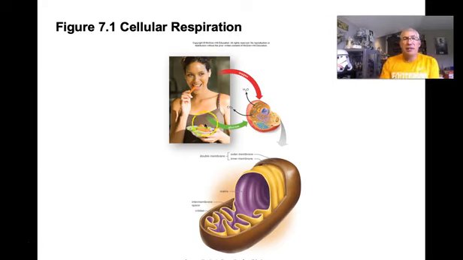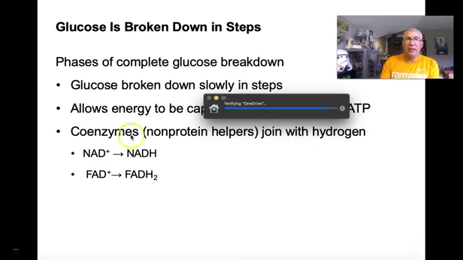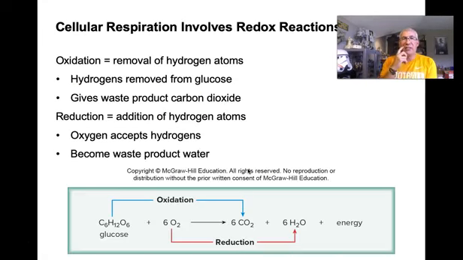So here we just have a quick diagram. The glucose from the food and the oxygen you breathe go into your mitochondria to make energy for you. Glucose is broken down slowly into steps, and that allows energy to be captured and used to make ATP. And so there's coenzymes that join with hydrogen to help make this energy. And it involves redox reactions, and we really don't need to get into all of this or the formula, but